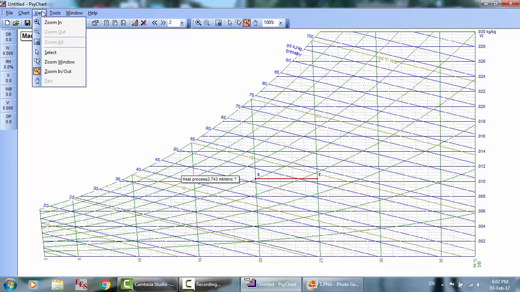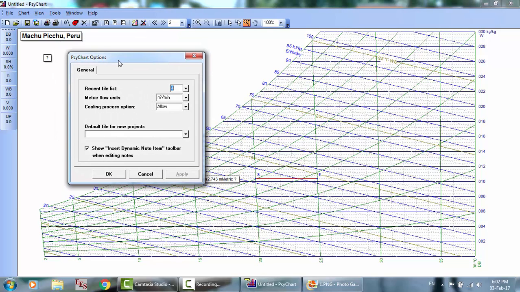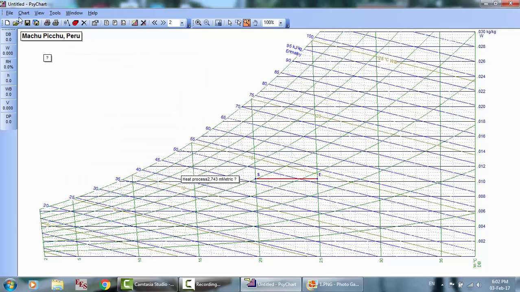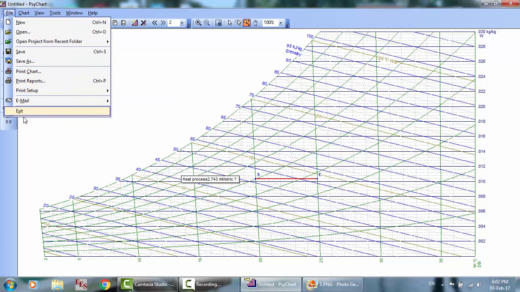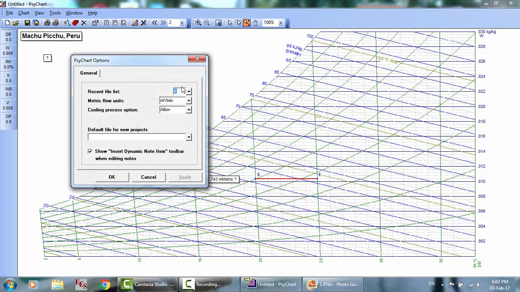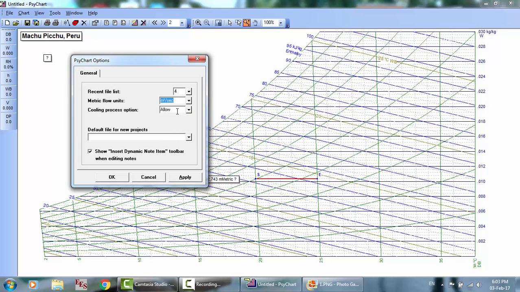And then we have tools, options. Options here, the recent file list. You can choose 4 or up to 10 like this. I'm going to find here the recent files and the metric flow units, cubic meter per minute, cubic meter per second. Select which units to use for flow when the chart's units option is set to metric,